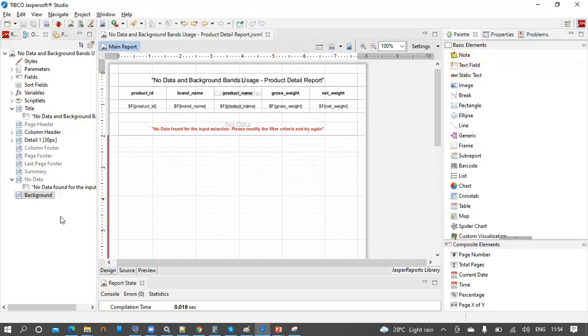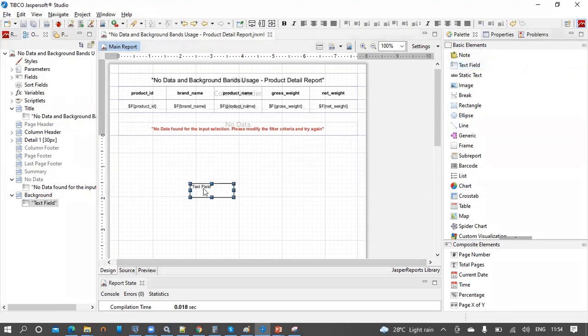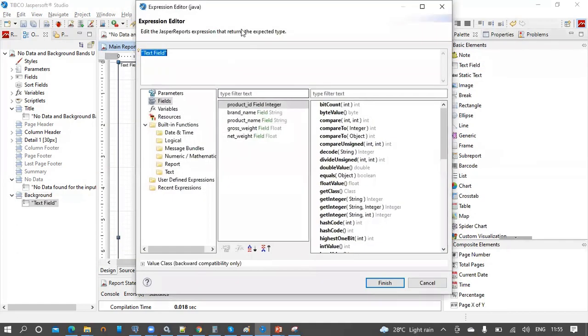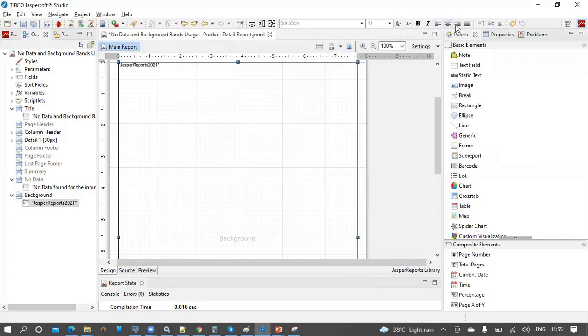Generally we use this background band to keep the watermarks for the report pages. So now let us create a watermark by taking this text, and I am going to give "Jasper Reports 2021" to be displayed on each report page as a watermark.